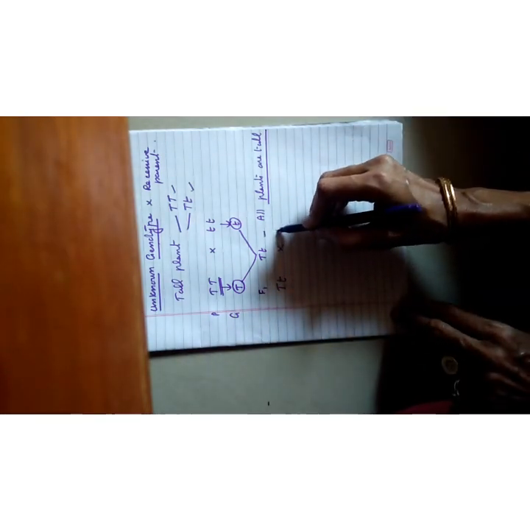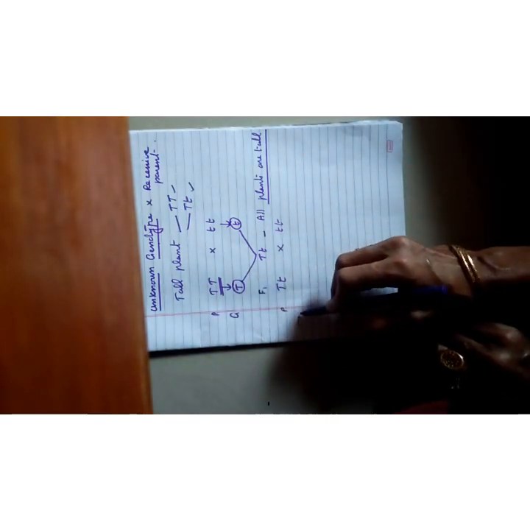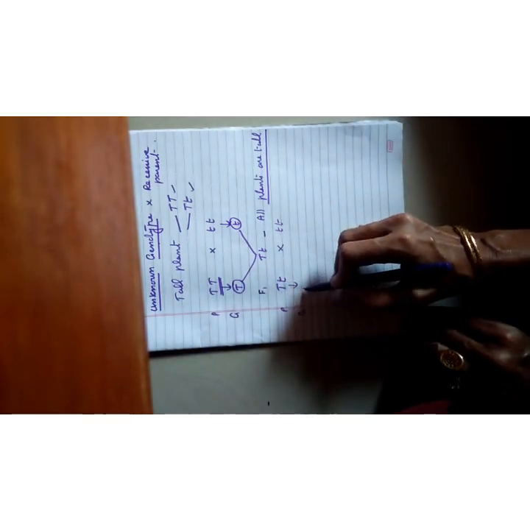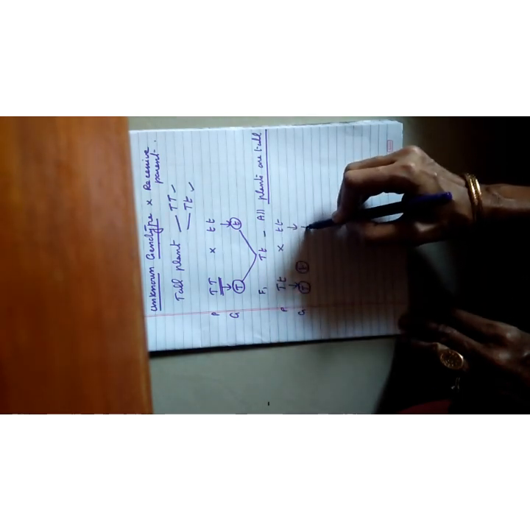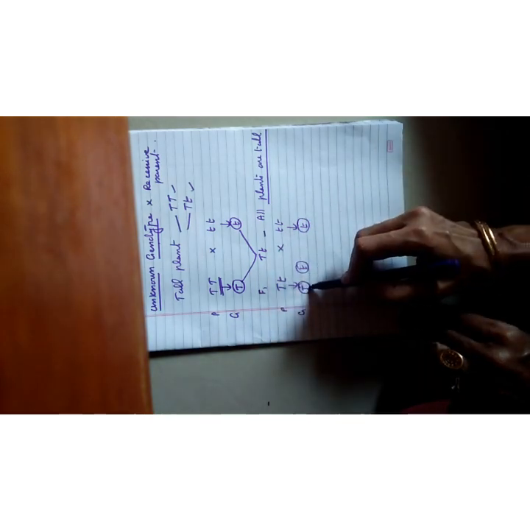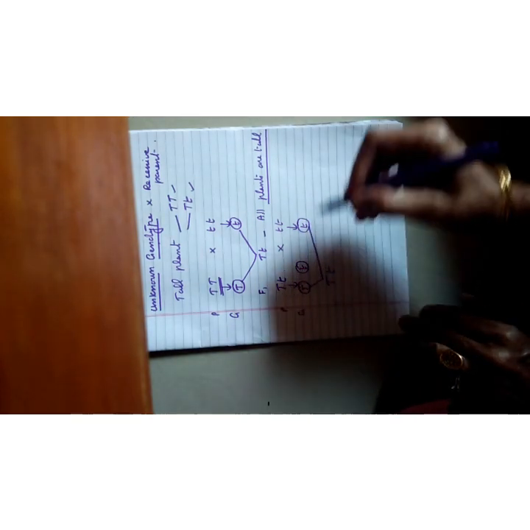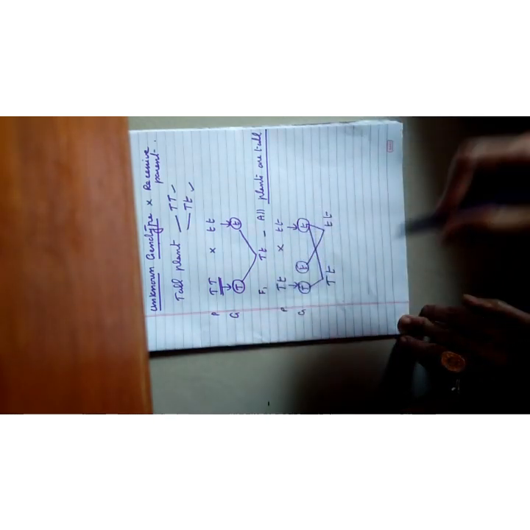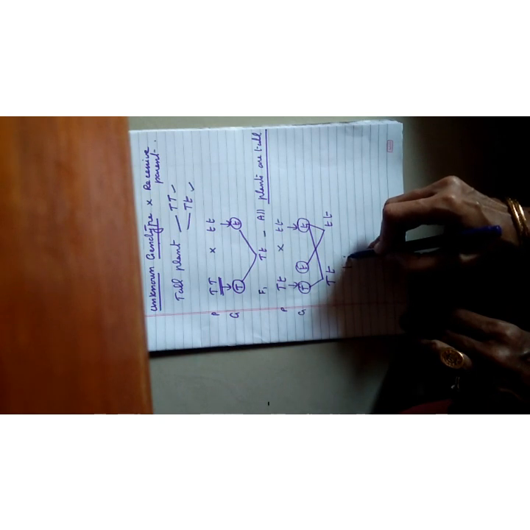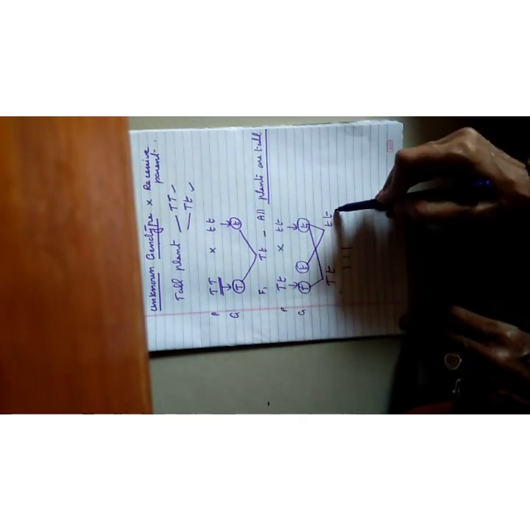Then I am crossing it with which one? Recessive parent. So here heterozygous condition. So how many gametes? 2 gametes, capital T, small t. Here it is only small t. So when these two gametes fuse, we will be getting capital T, small t, and here small t, small t. So what is the ratio I will get? 1:1. 50% plants are tall and the other 50% are dwarf.